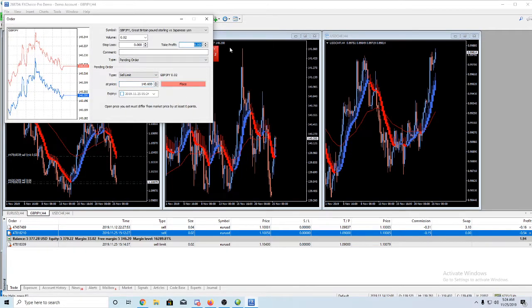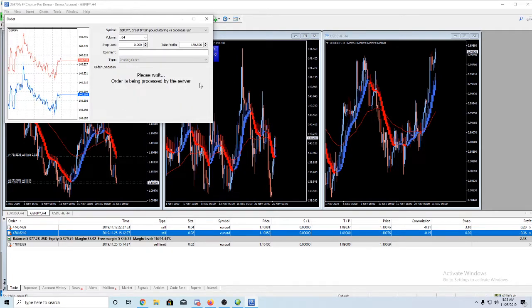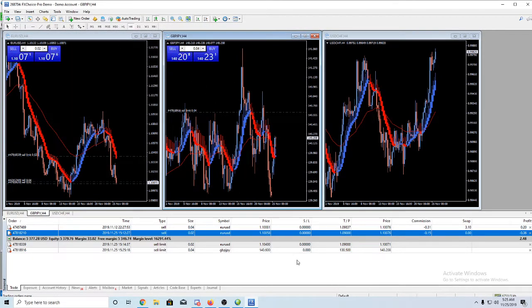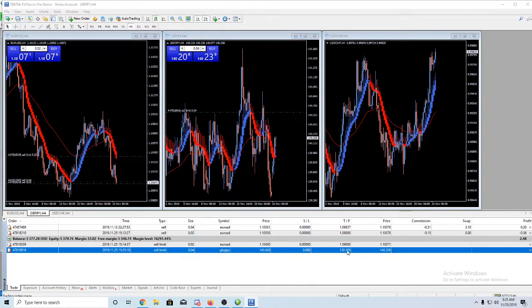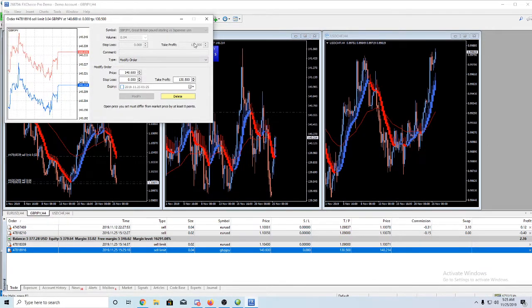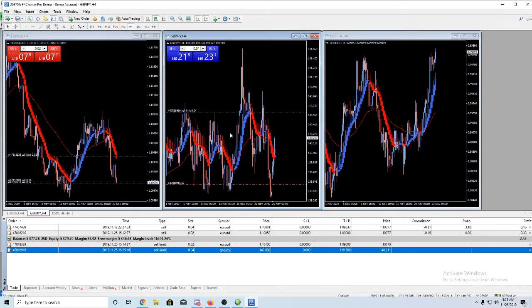With the take profit down there at 130.50. So this would be 110 pips. We're going to use a full unit on this one. Oh, I changed the lot size, so I got to do this. 140.60. I got to change the take profit because I didn't do that right. It's 139.50 is the take profit. Someone's yelling at their screen right now.